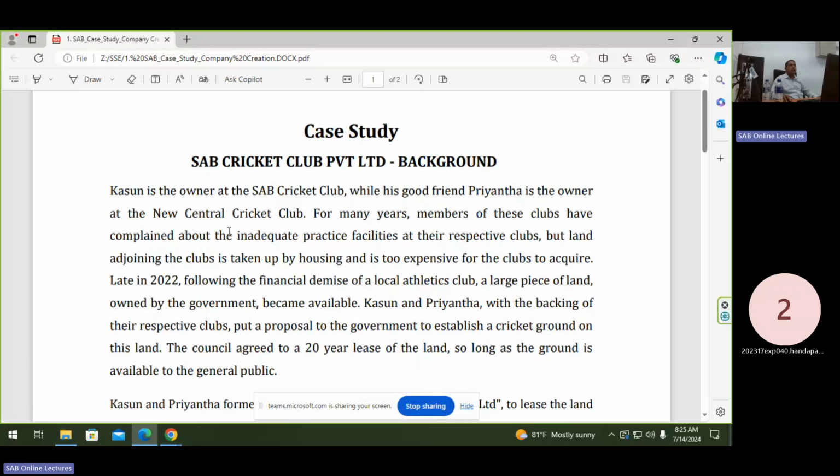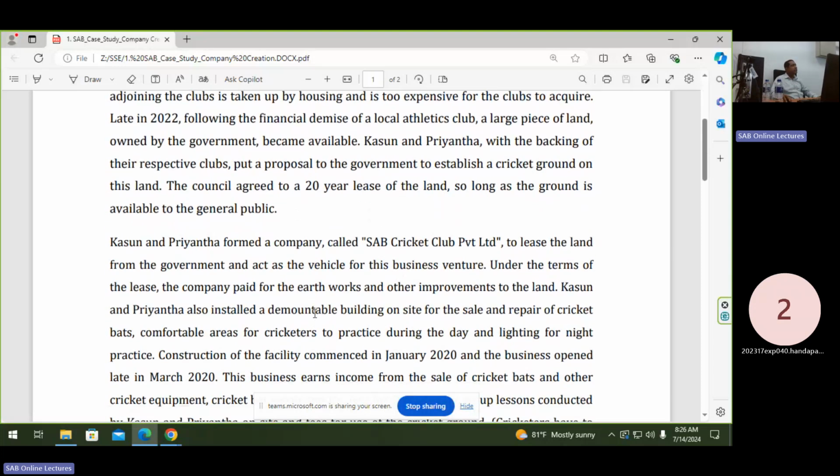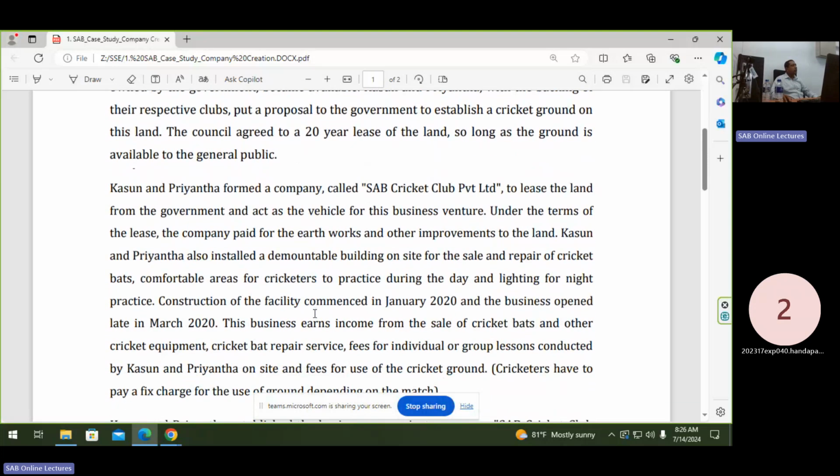Mr. Kasun and Priyanta are friends from a long time. Together they undertake land from the government and promote a cricket club and facilities for young players to play games and get training. In this case study we discussed a company called Cricket Club Private Limited.